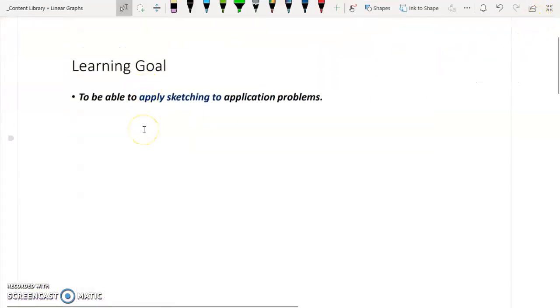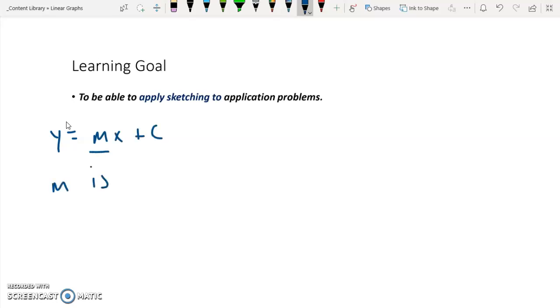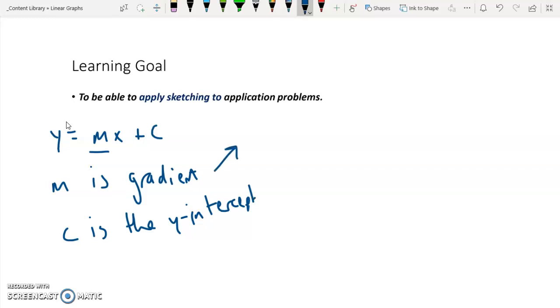Okay, so guys, today we're going to be looking at applying sketching to application problems, and that's going to follow on from our previous lessons of using y equals mx plus c and sketching. Okay, so m is the gradient and c is the y-intercept. If we recall, the gradient is going to be important, it is the rate of change